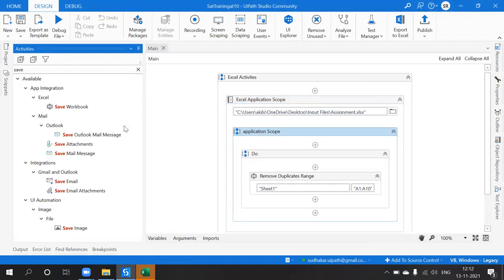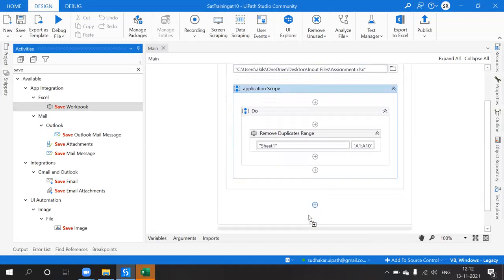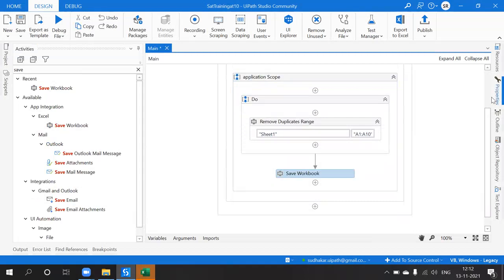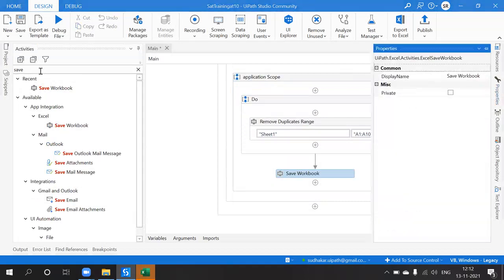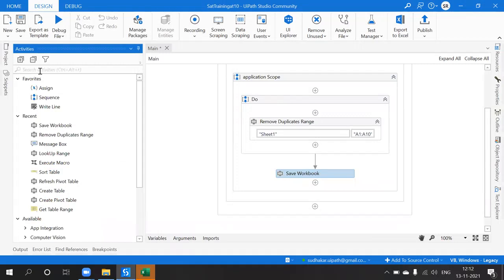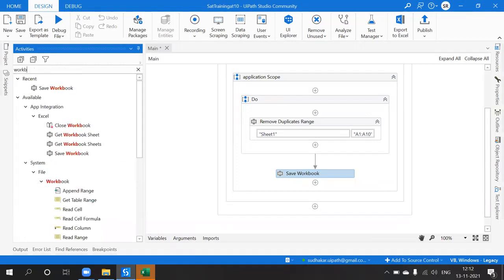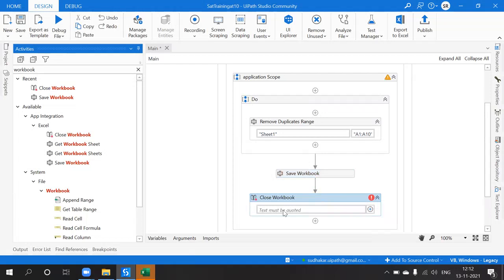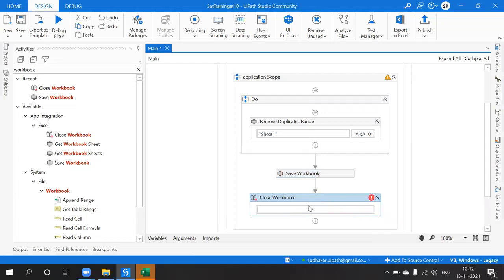So we have an option called save workbook, and then close workbook. So here we have to provide the workbook. Okay, so now